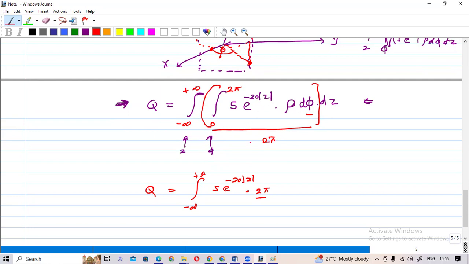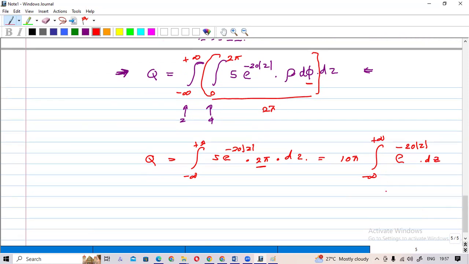Because there is no variable, this is a constant, so the constant I take out. So this one is 2π, and you can take 2π out. So you need to do the evaluation from minus infinity to plus infinity of e to the power minus 2|z| dz. So if you evaluate,